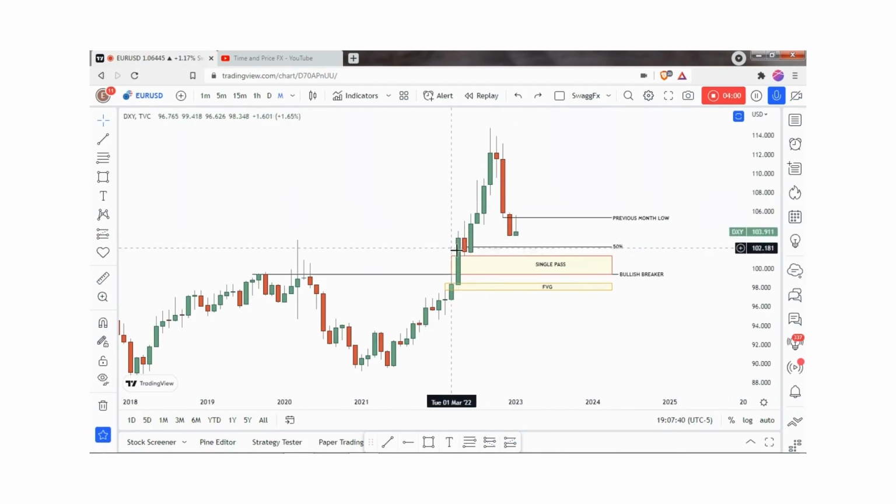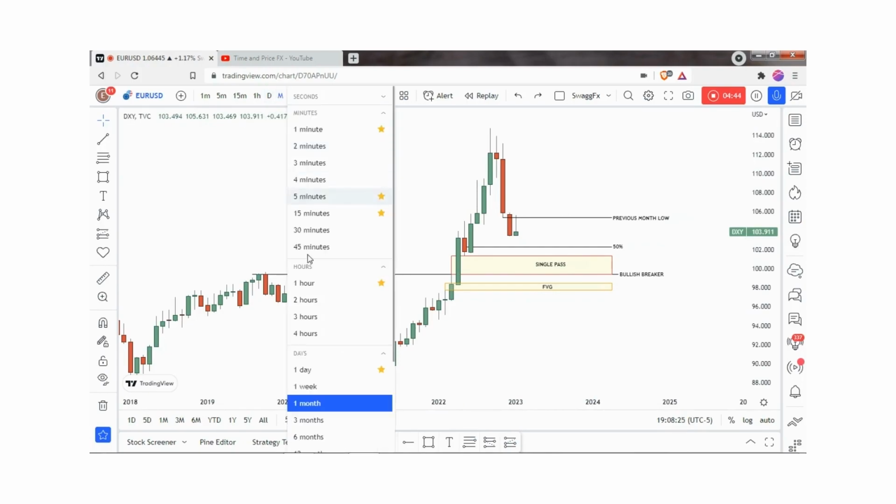We also have this order block over here. We have this level over here. Let's not call it an order block for now, but we have this level over here. It's a bearish candle, which means there was some form of selling here. We'll see what price does when it comes into these levels. What I'm expecting the price to do is to go into these levels, and if price wants to reprice higher, it will reprice from these levels over here. So that is the monthly analysis of the